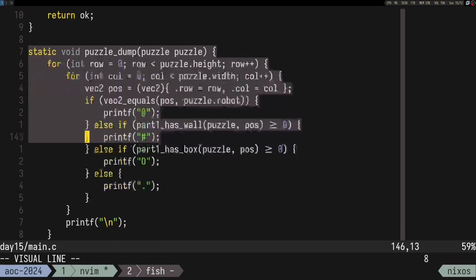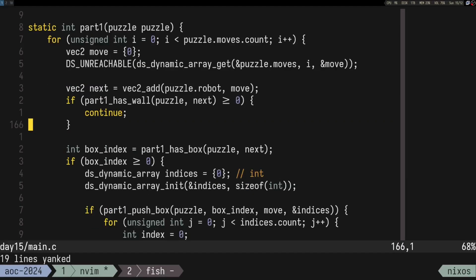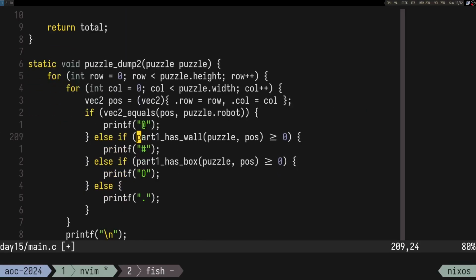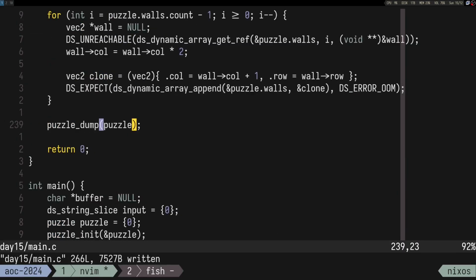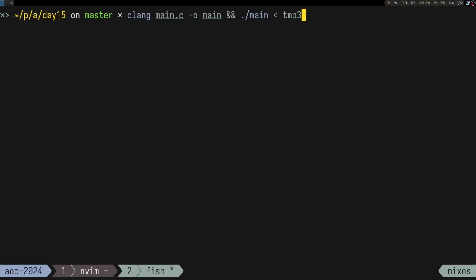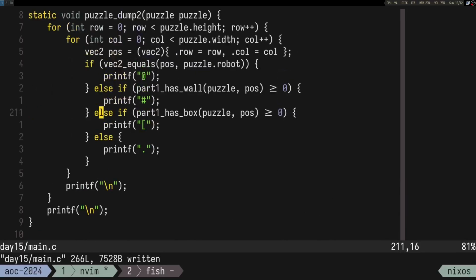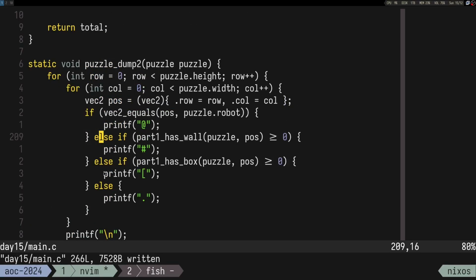Now maybe the only thing I want to do is have a puzzle dump 2. So let's go to part 2, have a puzzle dump 2, and here if it's the right position we print this stuff, right? Oh, we print with puzzle dump 2, and here the other condition is something like